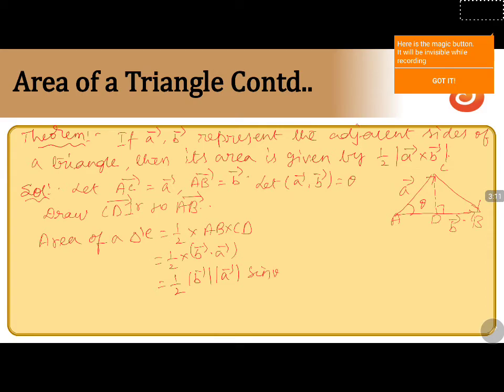But how to get the value of CD here? In the triangle ADC, we will apply sine theta, that is opposite side by hypotenuse, that is CD by magnitude of a. Now this can be written as half of magnitude of b into a into sine theta, that is half of a cross